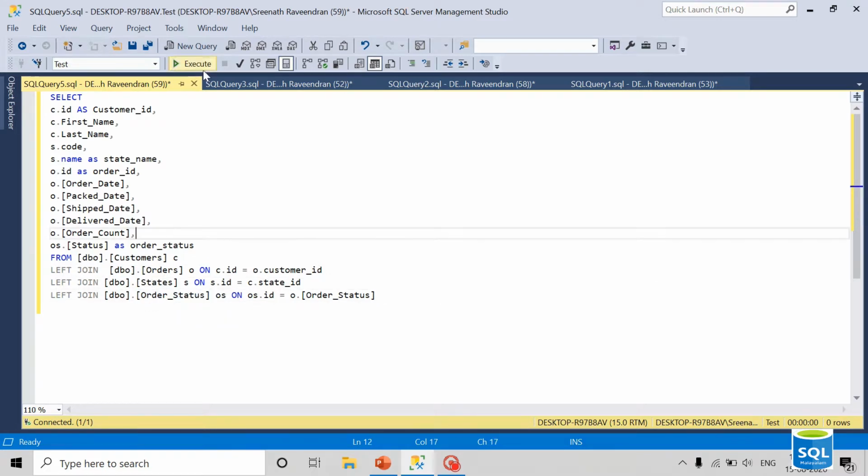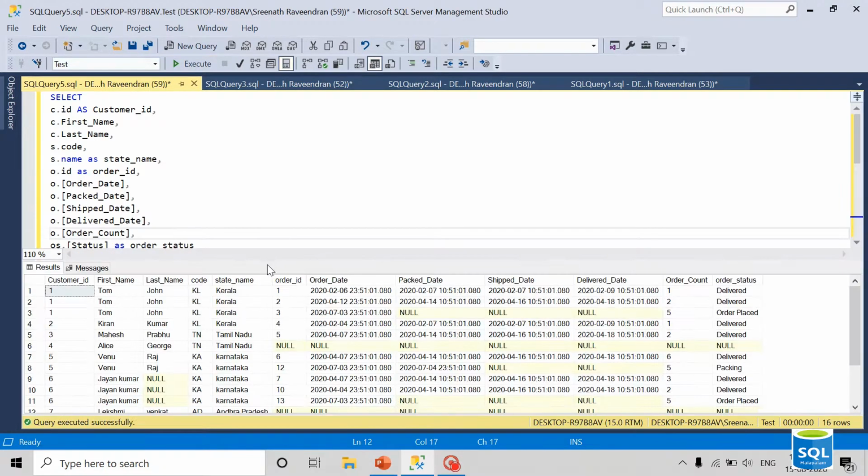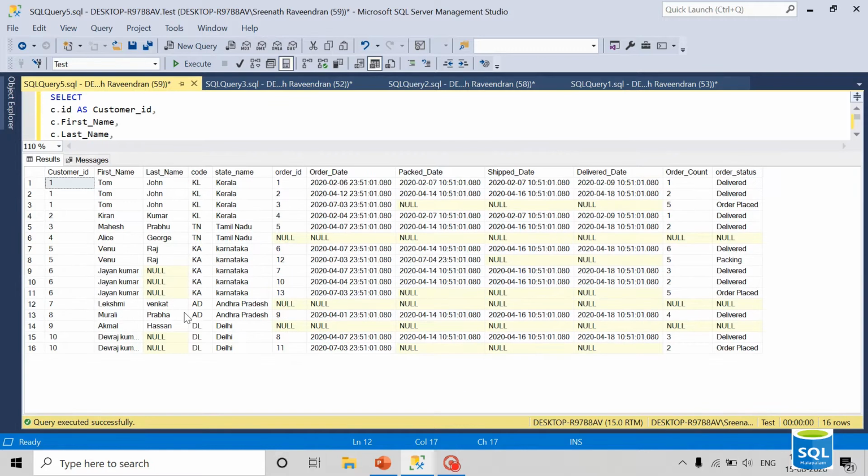Now I am executing this query. Now I can see all the customers, and for customer 4, Alice, there is no order, so that's why those columns are selected as null.